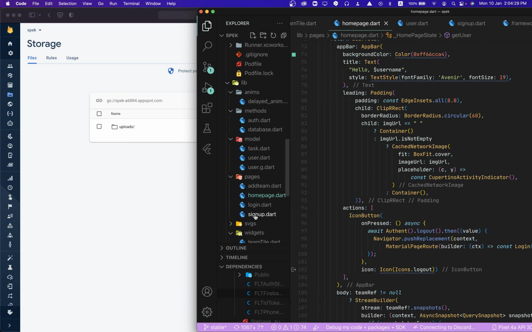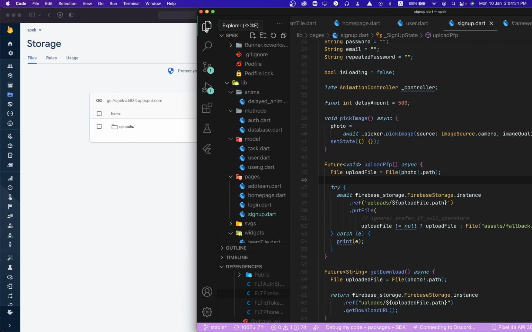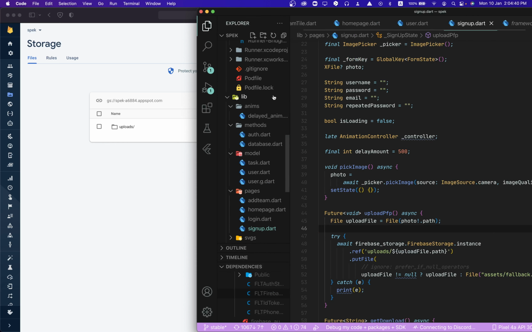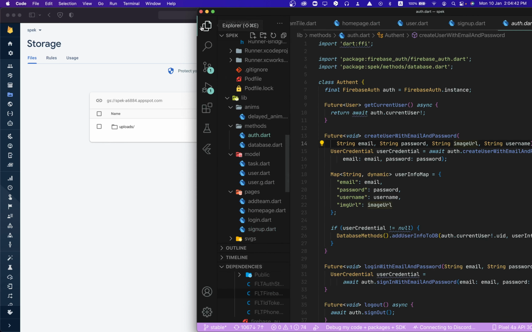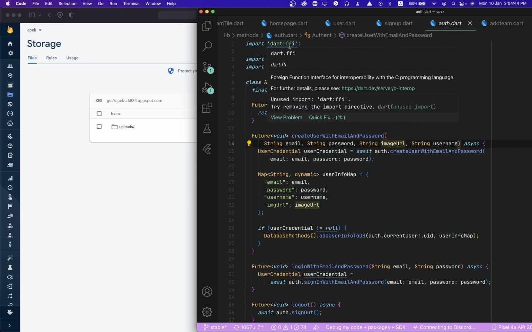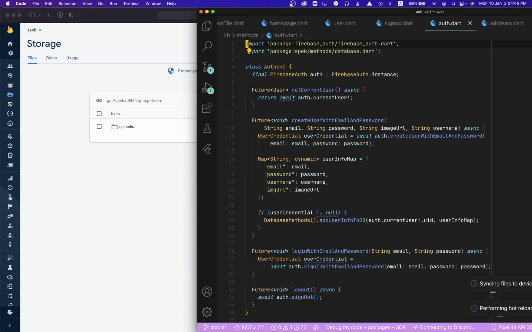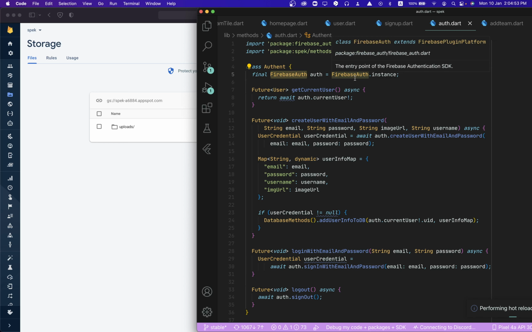So now, firstly, I'm not gonna go over the UI very much. I'm just gonna go over the functionality aspect of this. So first, I created a file called auth.dart. Now, I don't know why that's there. Now, the first thing that I do is I create an instance of Firebase Auth, and I store it as